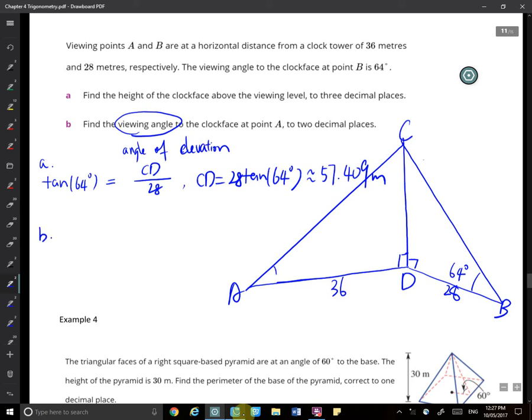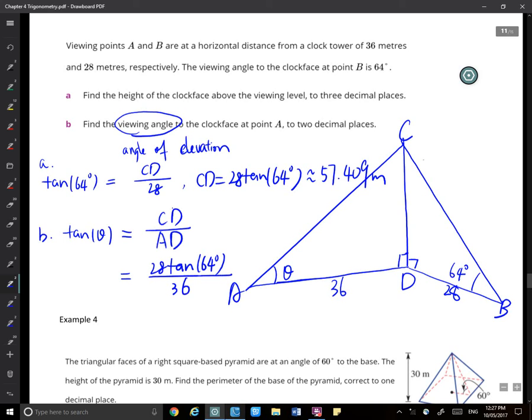For part B, I want to know the angle of elevation at point A. I want to know the theta. So tangent theta equals CD over AD. What is CD? CD is 28 tangent 64 degrees. So tangent theta equals CD over AD, that equals 28 tangent 64 degrees over AD, which